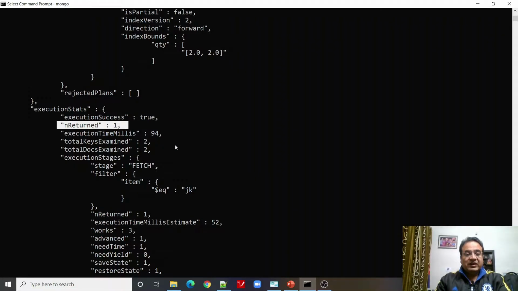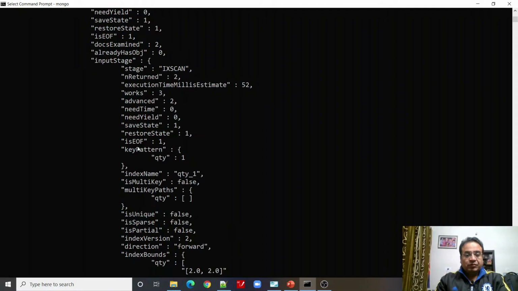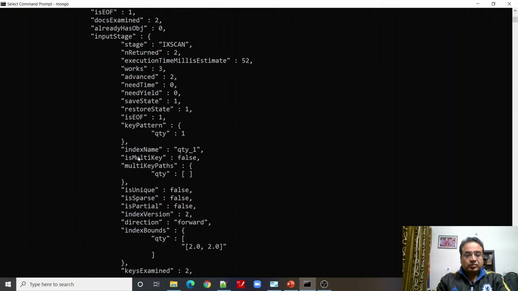So you can see that this query is using an index, but it is still returning fewer documents than the number scanned. It has made use of the index named quantity.